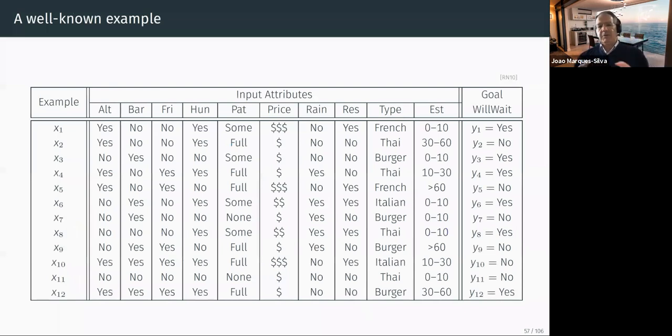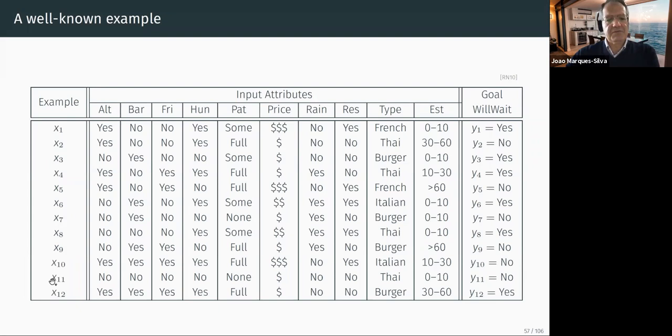So I'm going to use a very simple example because, again, it really does not depend on the model, what we are going to talk about, but I need a model to show you some examples. And so I'm going to pick from Russell and Norvig the standard restaurant example, which I already talked about today. So this is taken from the book.